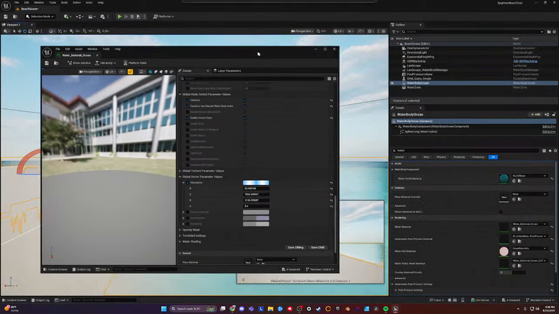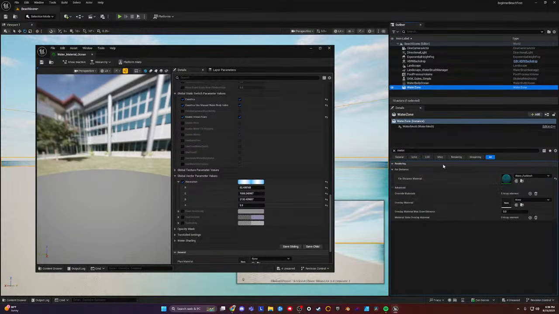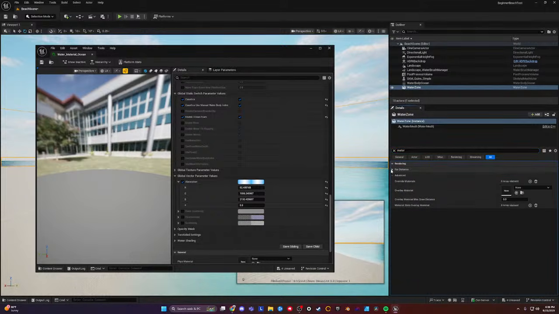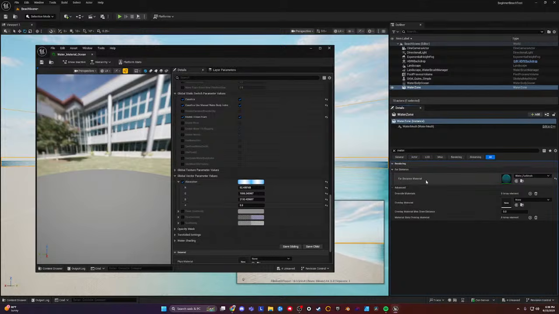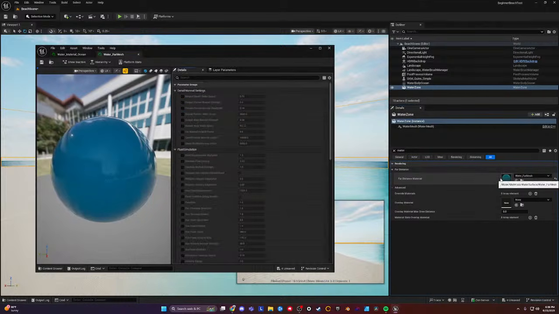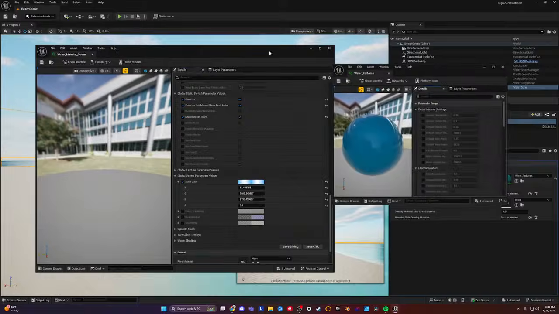So what you can do is actually click on water zone. And in water zone, again, if you type in material, you'll get what looks like far distance. If you drag this down, you'll see far distance material, and you can open that up. And once you click on far distance material,